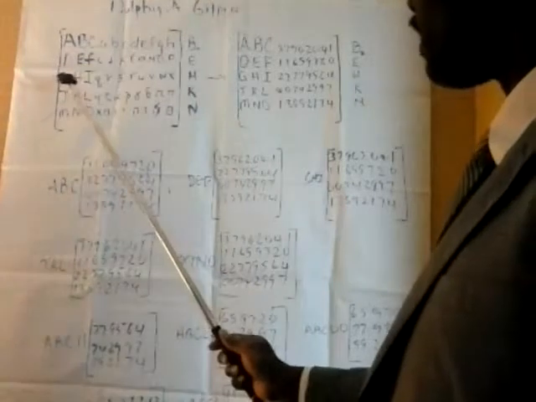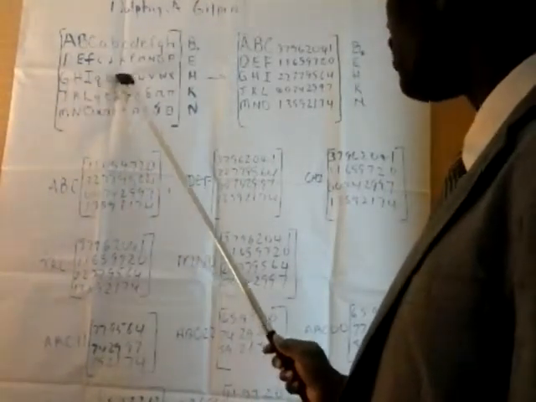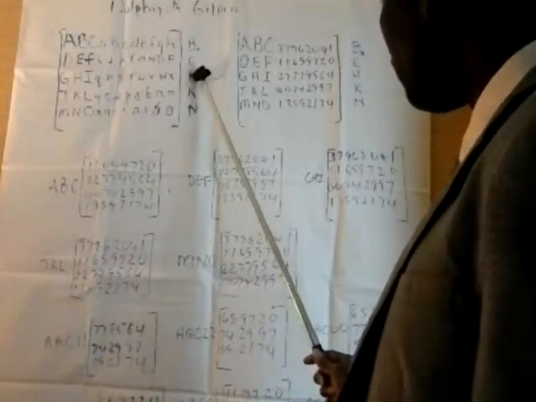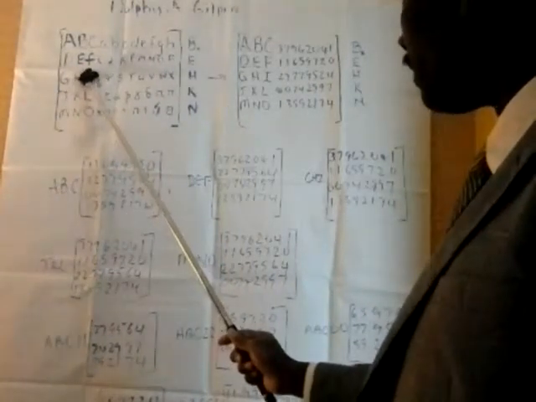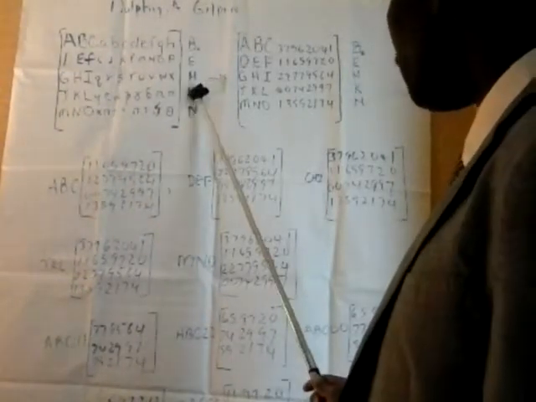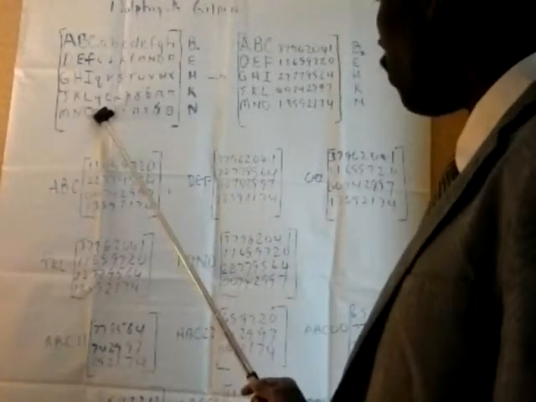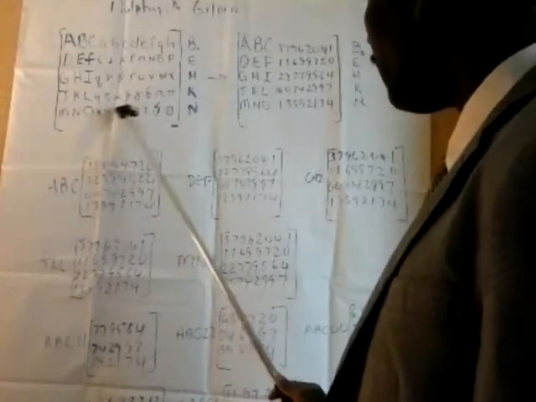DEF, IJKLMNOP, and E as the 12th character. And we note again that E is the mid of the DEF uppercase. GHI, QRSTUVXX, and once again the H is the mid of the 3 uppercase description. JKL, the K is the mid, and that's the 12th. MNO, and we note also that